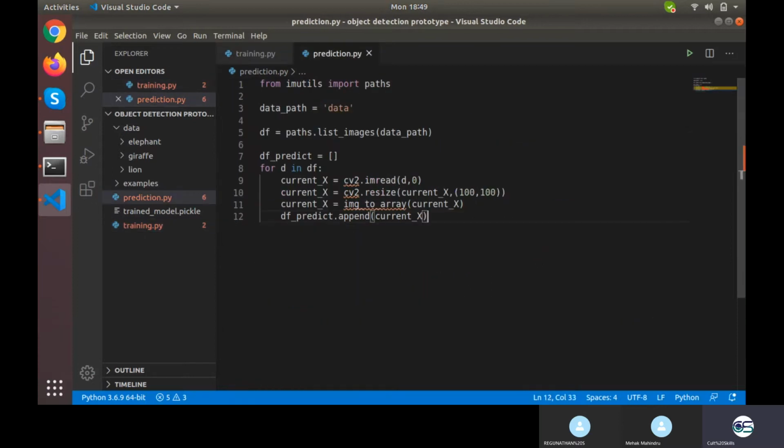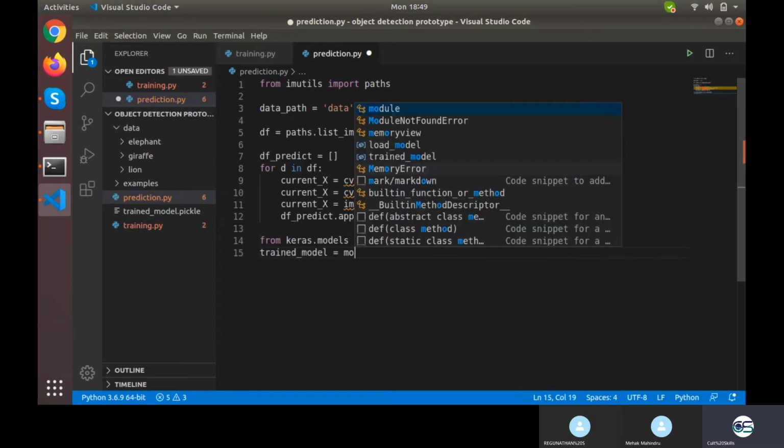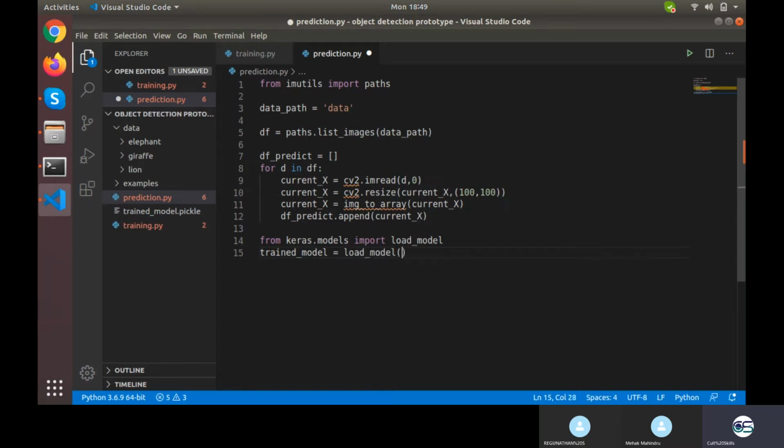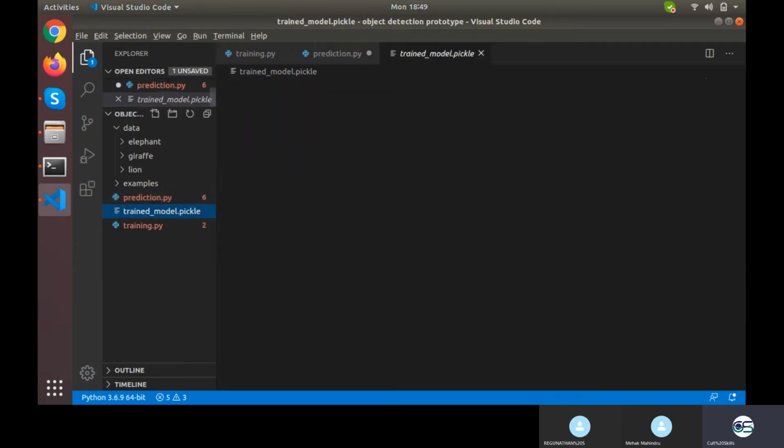Let's move on to from keras dot models import load model. Okay, I'll say trained model is equals to load model. What is the file name? The file name is trained model.pickle.